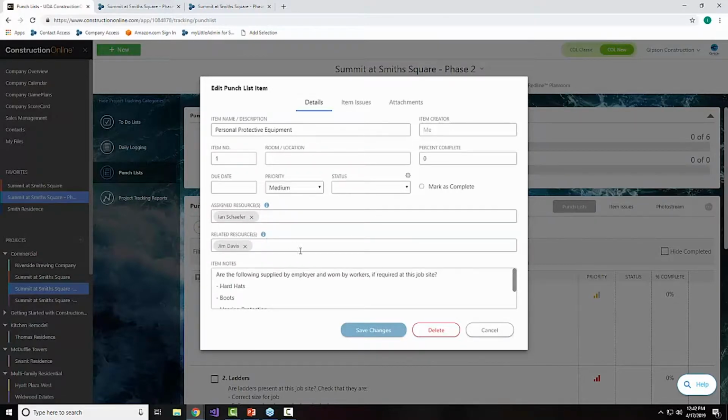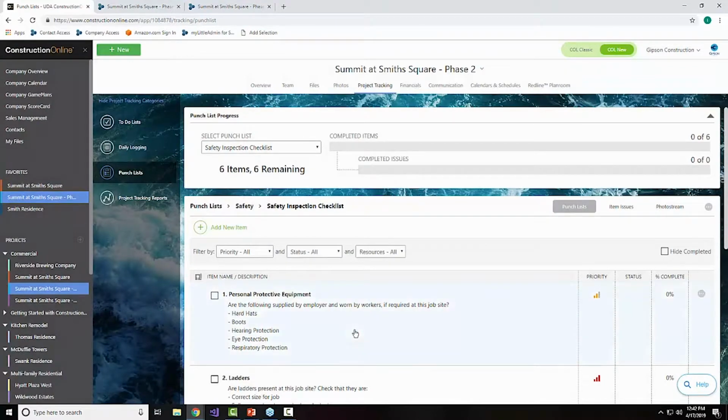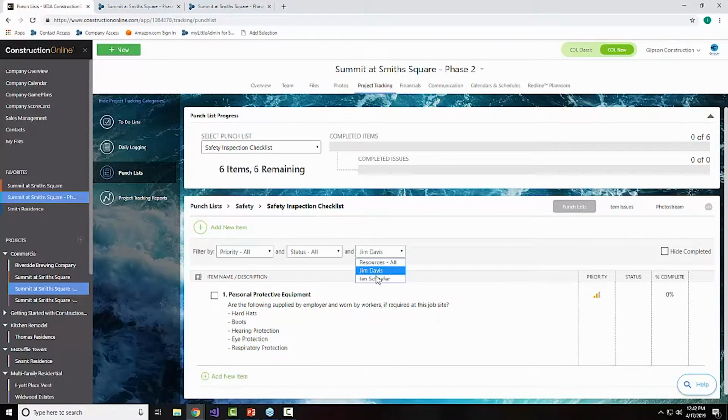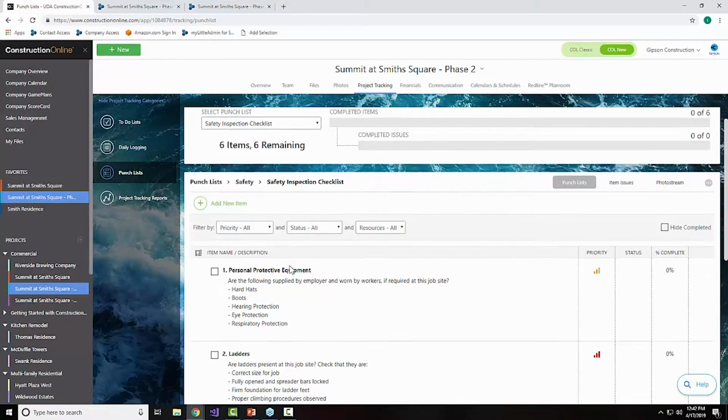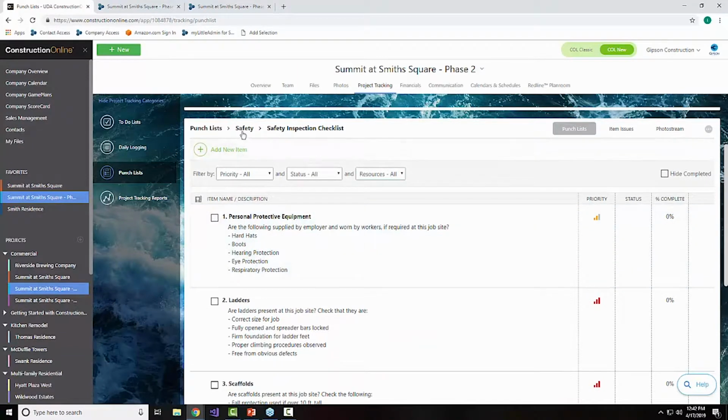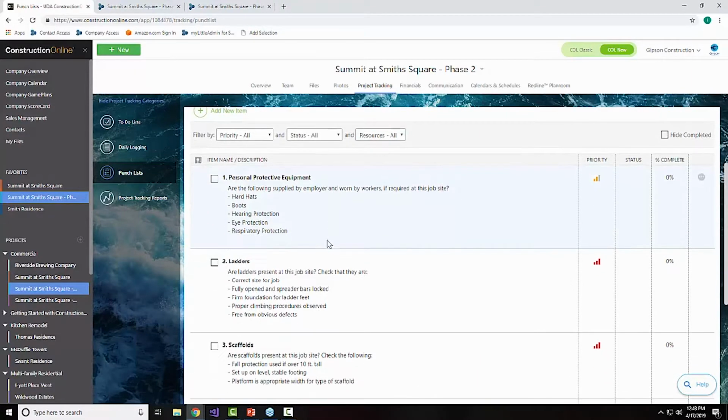You'll also have another area where you might assign it to one of your crew leads and then relate it to some of the members on that crew, and he can just go through and remove anybody he doesn't want on there, but he's going to be checking it off when he thinks that the guys are finished. The guys still need to be aware of what they're working on so that they can go through and set it out from there. So once again, what we're doing with those related resources is we're adding some additional people who can see these tasks, these punch list items, but who don't have the authority to say that it's complete. We'll save that for the person who's going to be held most responsible, which is usually a site supervisor or a foreman or a lead carpenter,